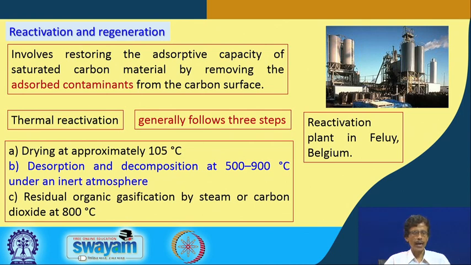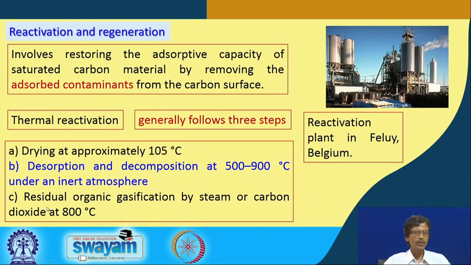So, desorption and decomposition of that compound. Clearly look at this particular point, that we are looking for desorption of, say, methylene blue molecules from that surface, but at the same time, if that molecule is not thermally stable at a higher temperature above 500 degrees centigrade, what happens? That molecule will be degraded, that molecule will be broken into its individual parts, even carbon as carbon dioxide or hydrogen as water. So, a high temperature regeneration process, the thermal reactivation process, will not give us back the molecule which has been adsorbed.